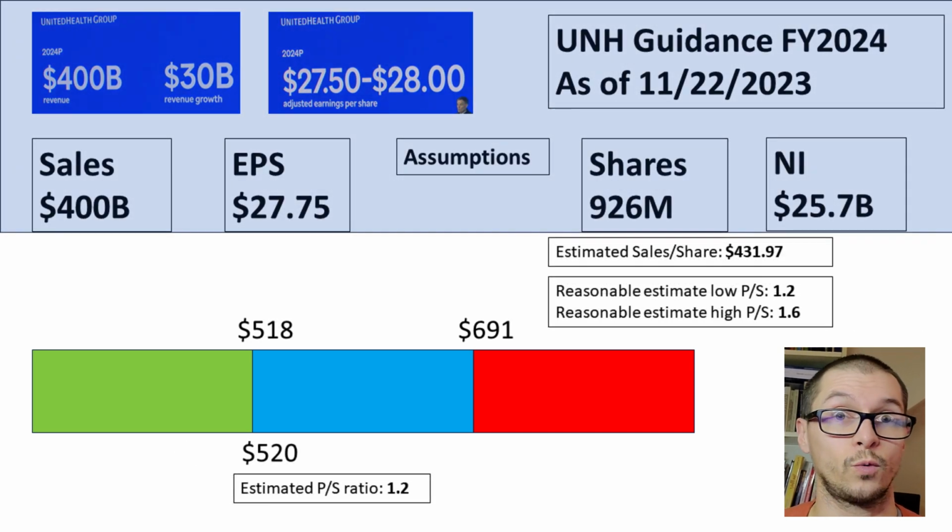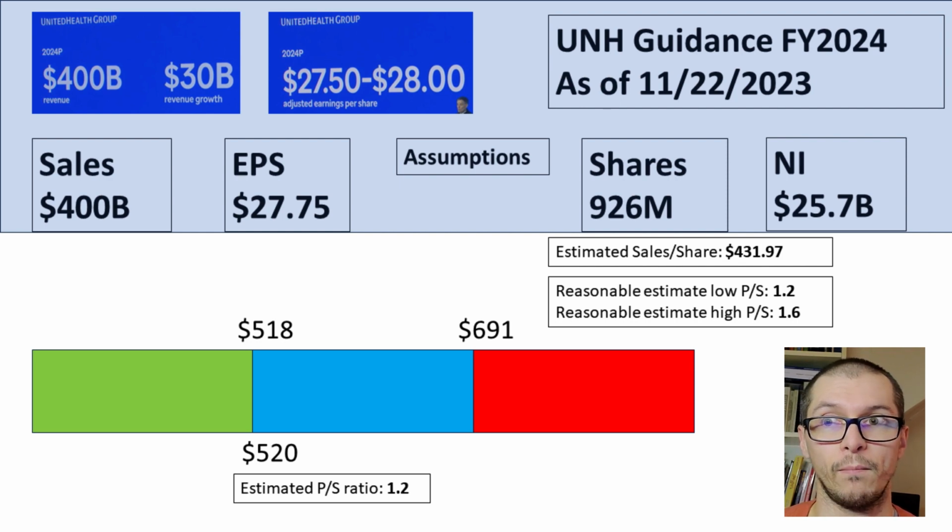Pivoting to the 2024 price to sales ratio, based on management's guidance, we can see the top shaded portion is the same as the previous slide. So I'm again going to focus on the bottom half. With management's guidance, we can calculate a future projection for sales per share of